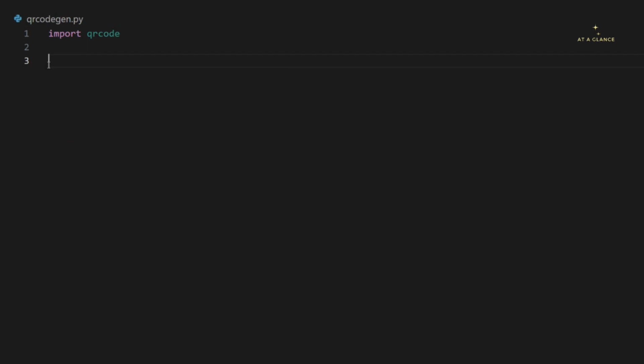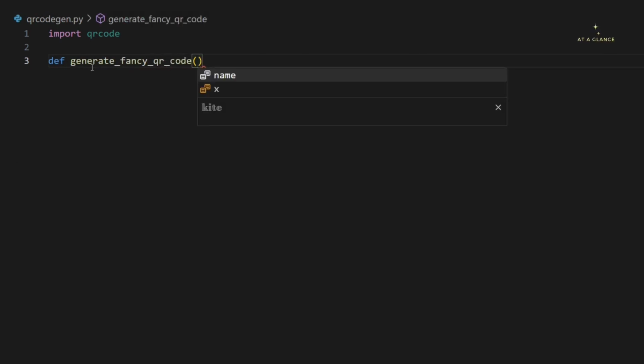But that was just a simple QR code. It did not have anything fancy inside it. But what if we want to create a fancy QR code? For that we need to show our creativity, and let's write the code for showing all our creativity